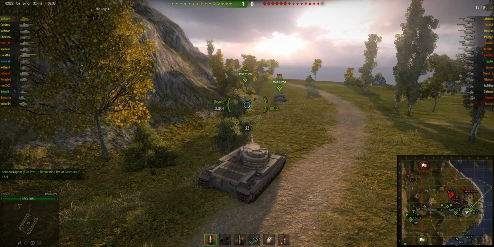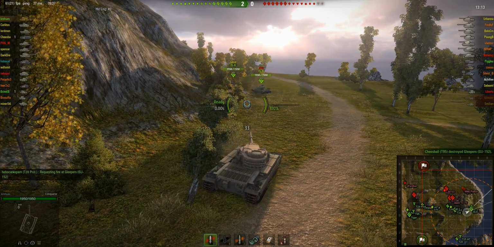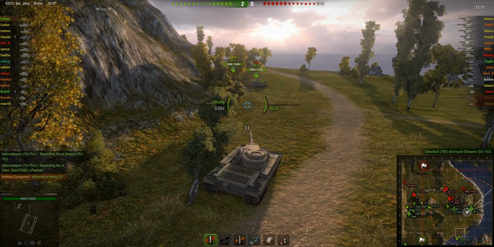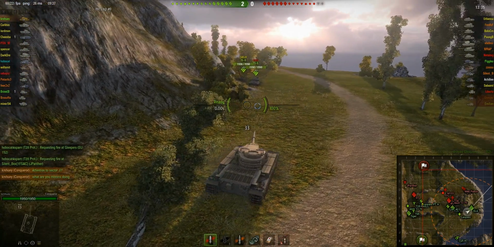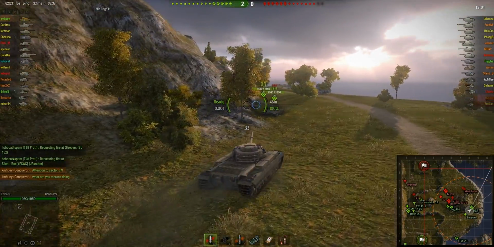And we've only got 2 tier 8s sitting over here. So I kind of positioned myself to be able to help out, because we saw 2 tier 9s headed this way, the IS-8 and the M46. But I didn't want to be the first one spotted because I think the IS-6s can take shots better than I can. So